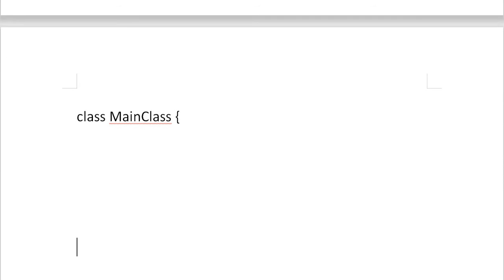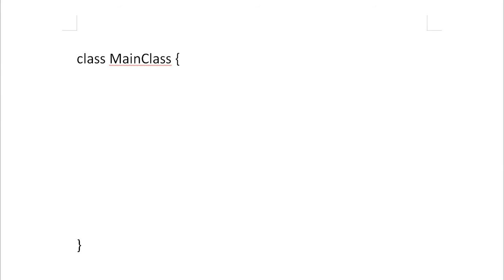In this class, let me just come to the next page just to feel comfortable. Now in the main class, we need to use the main method.